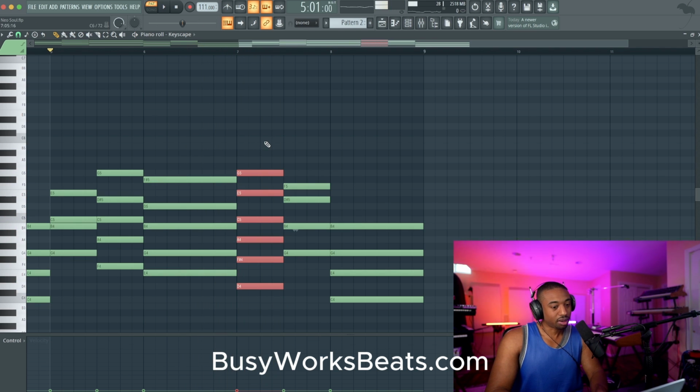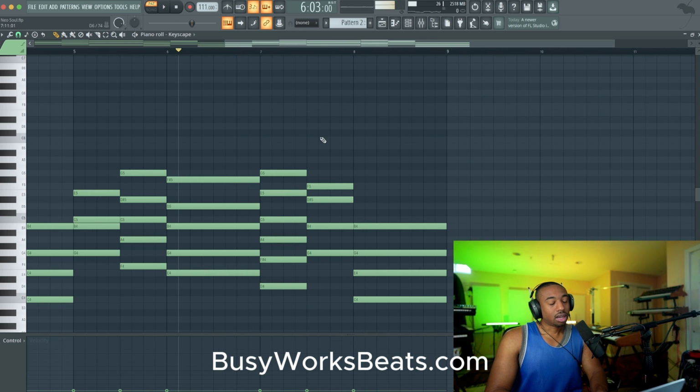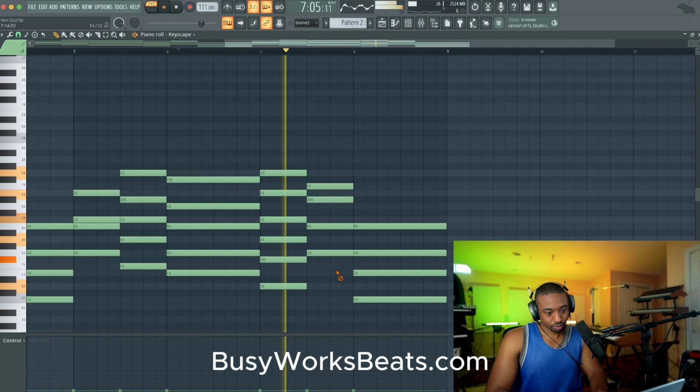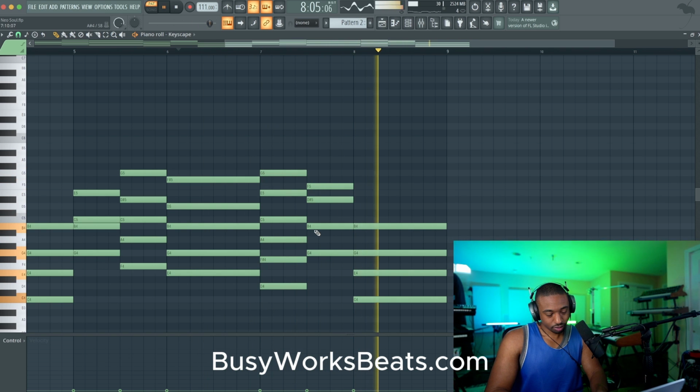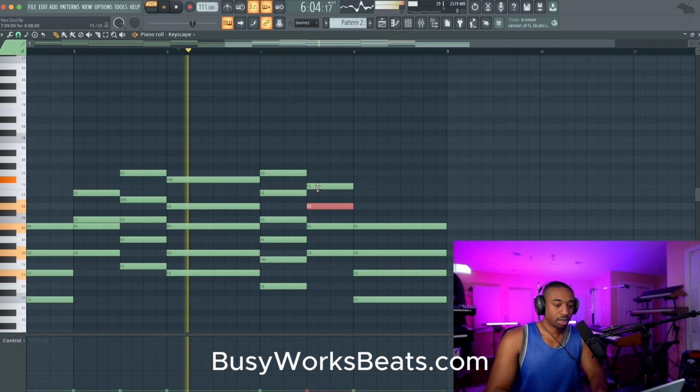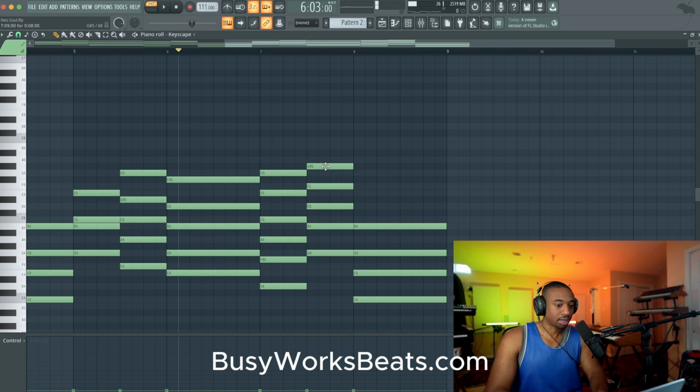Now this chord is very big, so you've got to play it in certain ways so that it sounds more natural. Now this jump from this chord to this chord, let's revoice this. Also, let's use the 9th.